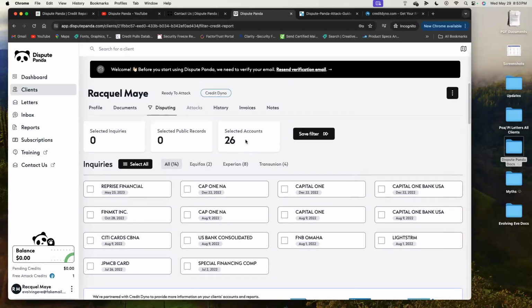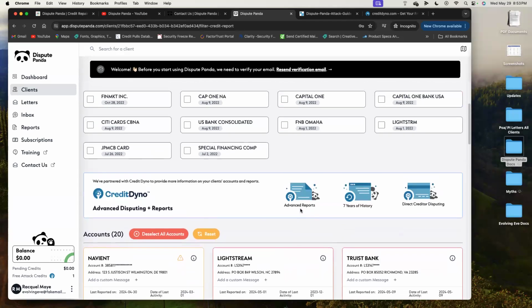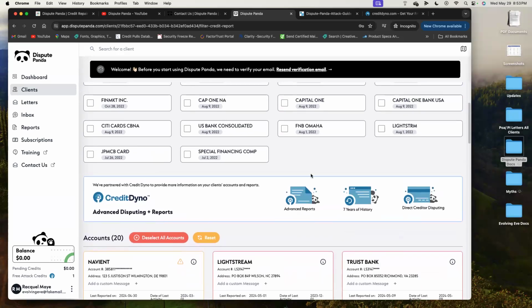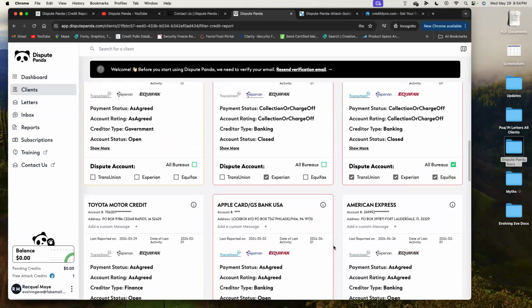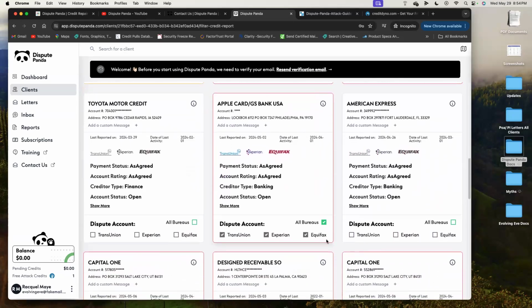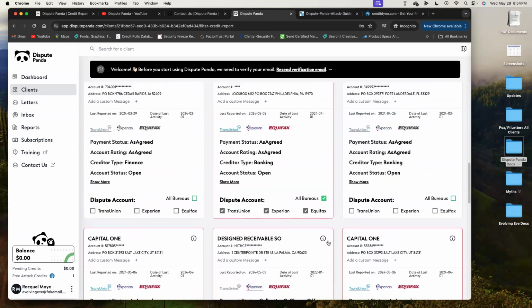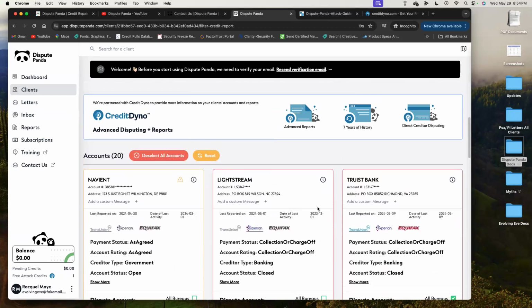As you can see here, it says 26 accounts. This is the account information that is already being selected. If your client had public records such as liens, judgments, or whatever, they would be located under the inquiry, but above the account tab. This client does not have that. So when we're scrolling through the system and looking at it, we already see what's in error that is impacting our client in real time. We're going to focus on looking at that information for the client.